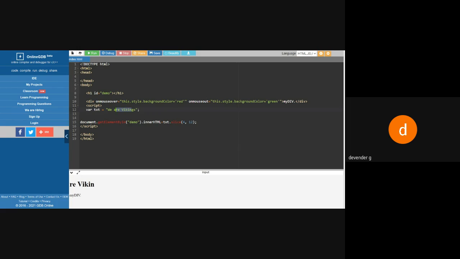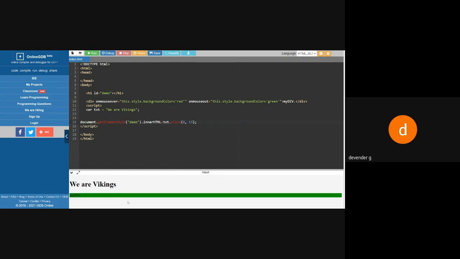From which position to which position? Say I'll start from 1 and end at 12 characters. We'll see what happens. You can see position 1, we already know that this is 0 and this is 1. So from here I got this one. Now I'll try to start from 0 and take 10 characters. We'll see what happens.